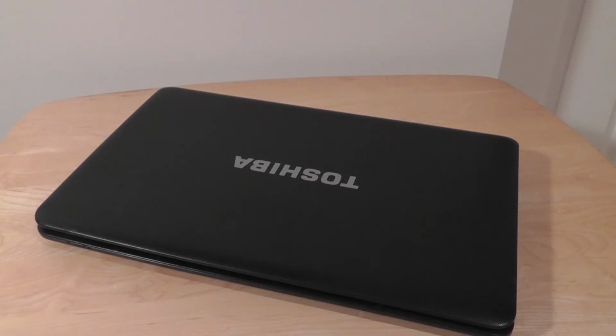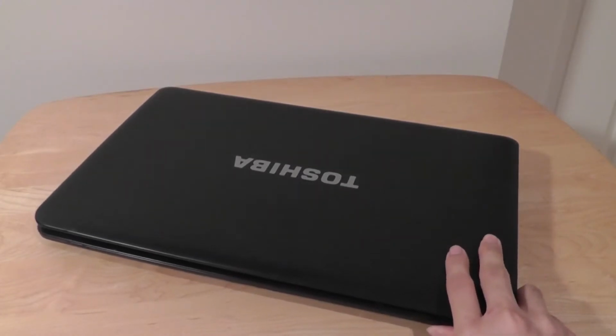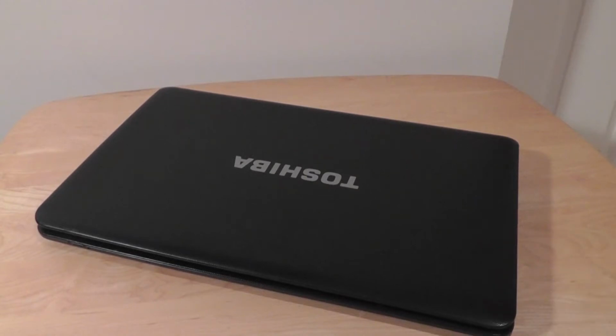you still should be fine. Some other specs about this product: it has a 15.6-inch screen, so fairly standard in that department, but it's quite heavy, coming in at about 10 pounds, which is definitely going to weigh on you if you are going to take this with you on a day-to-day trip. Battery life, however, is very good. It will last you about 4 to 5 hours before you have to recharge it, which is on the longer side of the spectrum, especially for a Windows 7 Home Premium machine. And again, speed and processing is pretty good, and it also has a built-in DVD-ROM for you to play back movies,